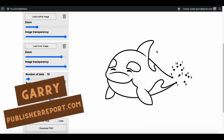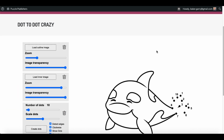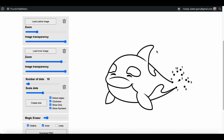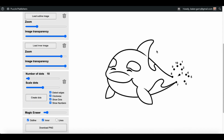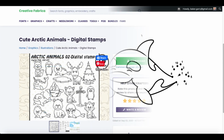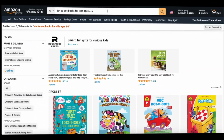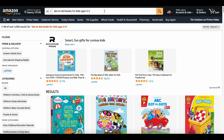I'm going to keep this video simple, just like the tool that you see here inside of Puzzle Publishers called Dot to Dot Crazy. It is simple and easy to create dot to dot puzzles. And just like it's easy to go over to Creative Fabrica and find simple images like these digital stamps that come in PNG format that you can use together to create simple dot to dot books, like the types of